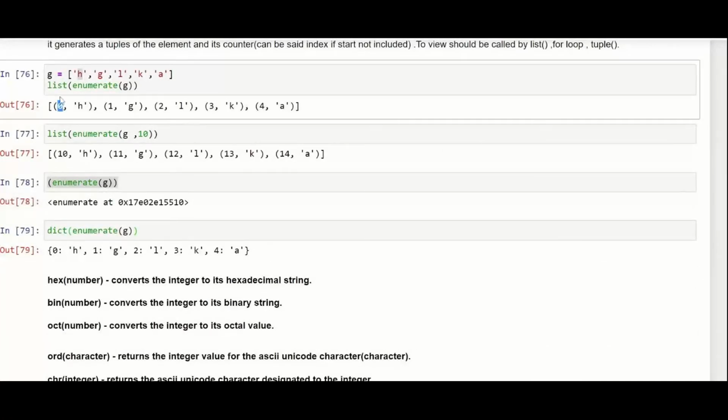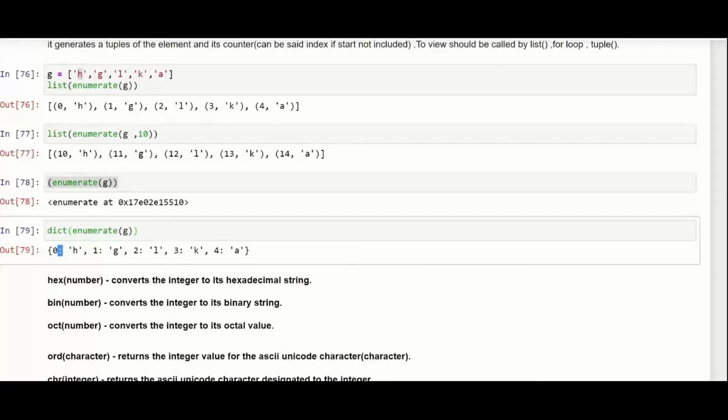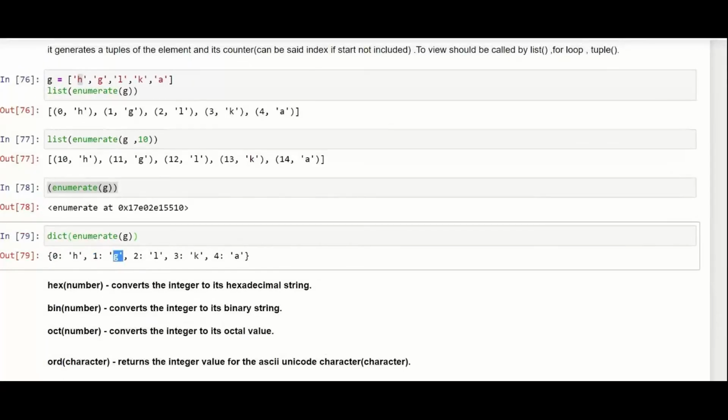When I converted the enumerate into a list, it became a list of tuples, where the index number became the first value, and the value which was present in the list became the second value in the tuple itself. Now when I do it as a dictionary, your zero becomes your key, and this is the value for the same. This is your key, and this is the value for the same. So this is how your enumerate works.